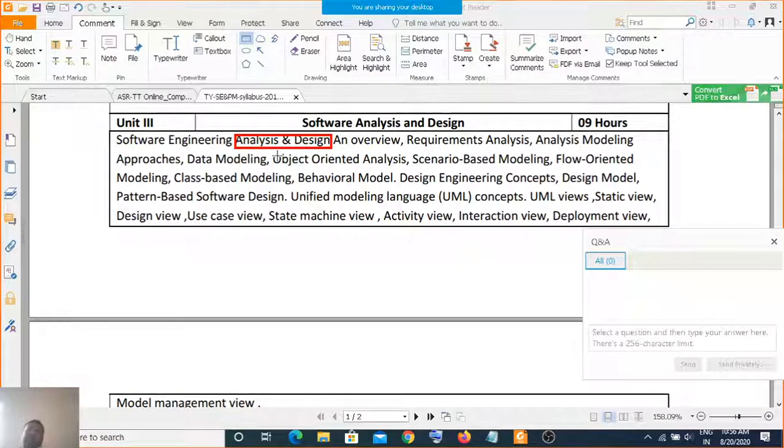So here you have this analysis and design. When we consider this analysis, the first thing is what you are questioning. The first method is direct questioning. You directly question the customer about what the requirement of the customer is, so that you can get what will be the ingredients for the design. Now comes another method, called the indirect method. Means there is actually no customer, or even if there is a customer, maybe the customer is not available to answer your questions directly.